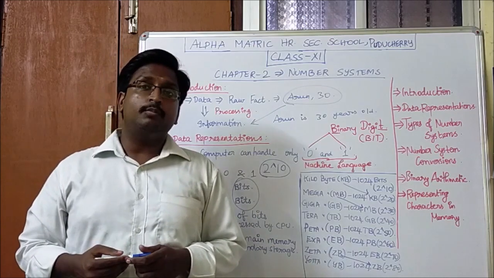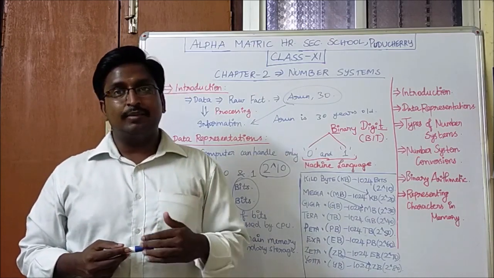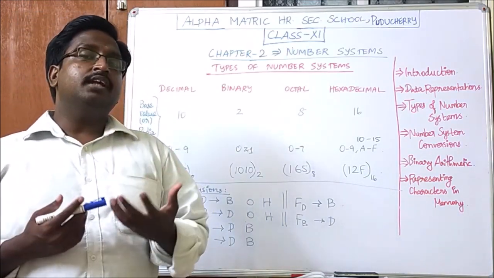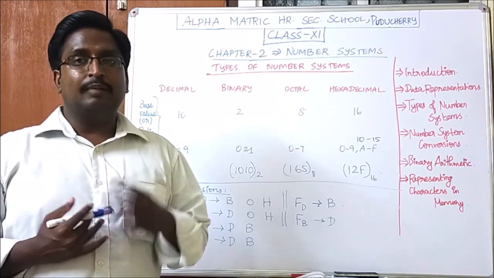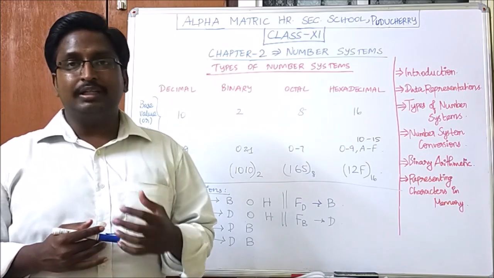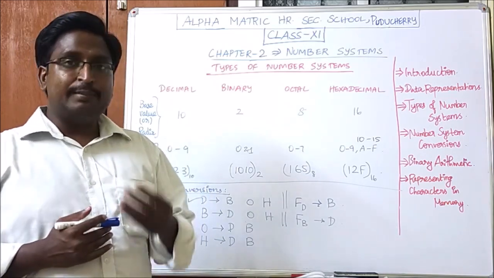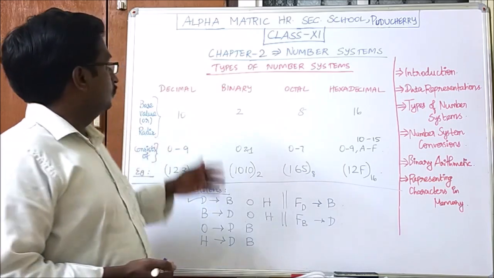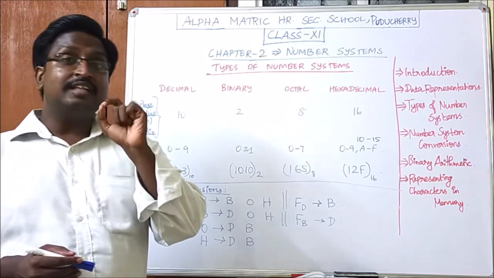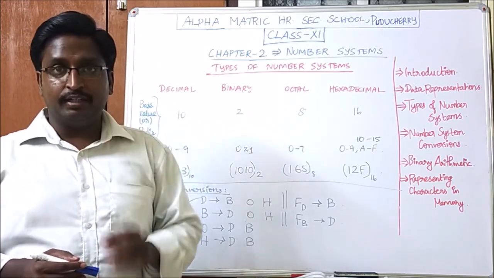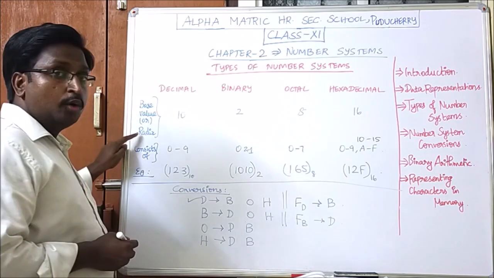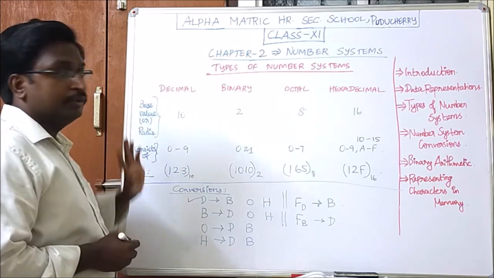Next we will see the various types of number systems available. Mainly, a number system is used to represent numbers. Most commonly we use the decimal number system. There are four types of number systems available, namely decimal, binary, octal and hexadecimal. Each number system has a unique identifier called the base value or radix. The radix is the count of the number of digits in each number system.